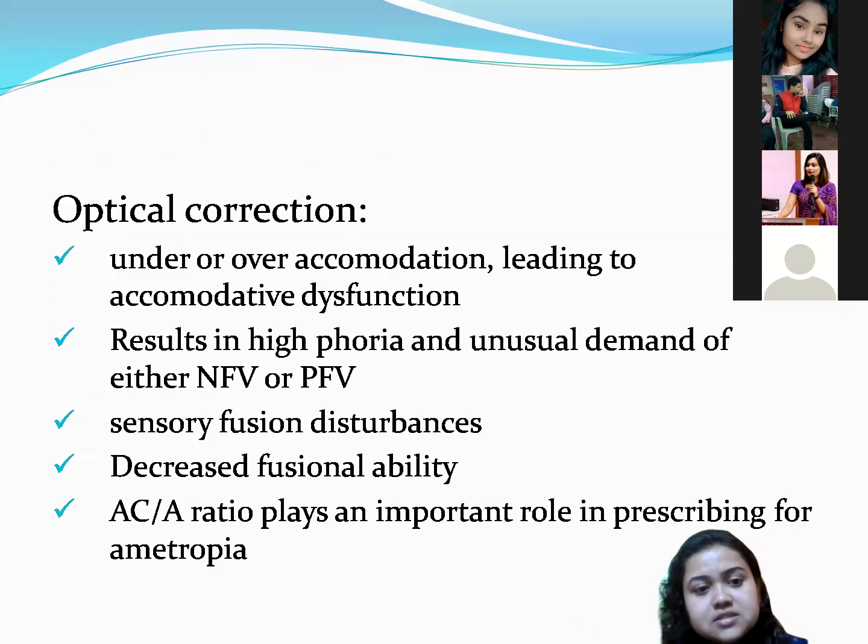Optical correction means for a hyperopic patient having a problem in accommodation, you should do a cycloplegic refraction. Accordingly, you will try to give full plus. Okay, so depending on the phoria status, if the patient is having exophoria, patient is hyper